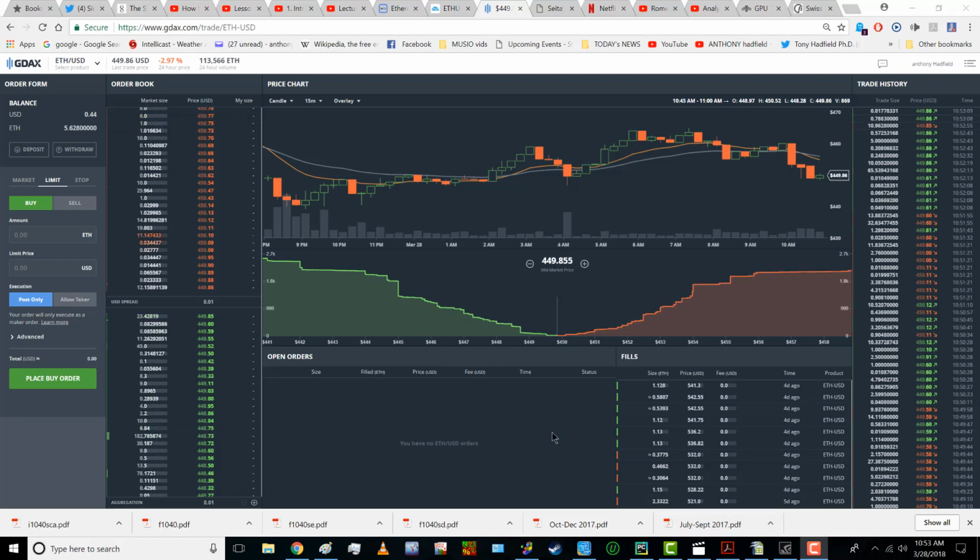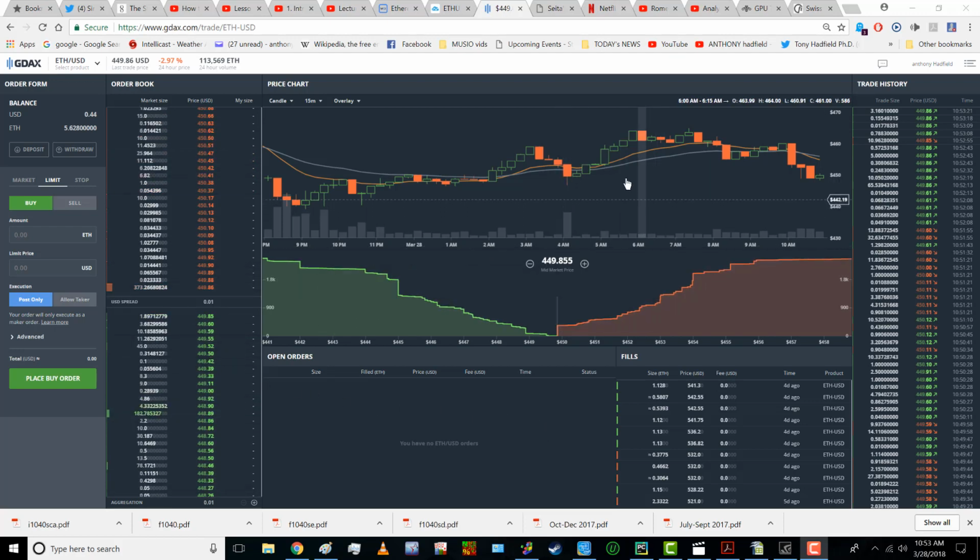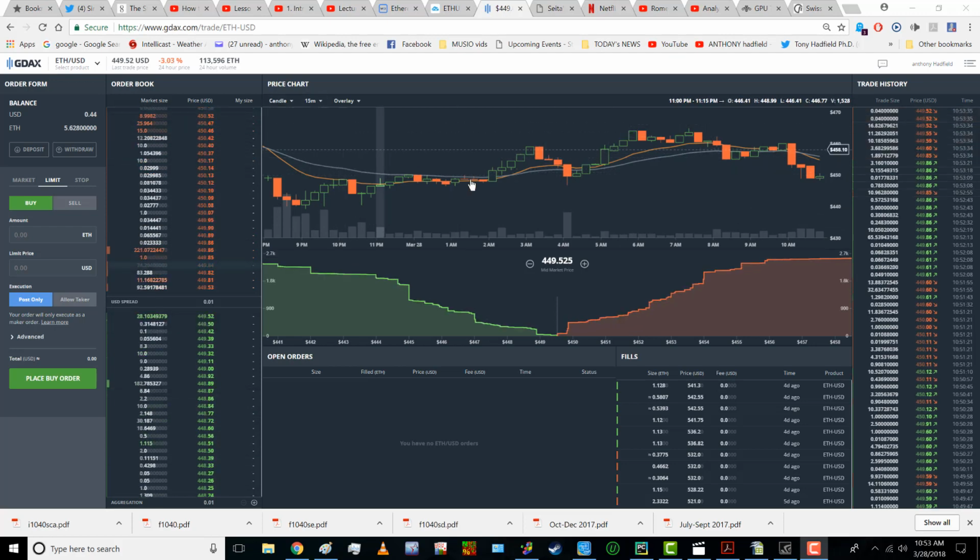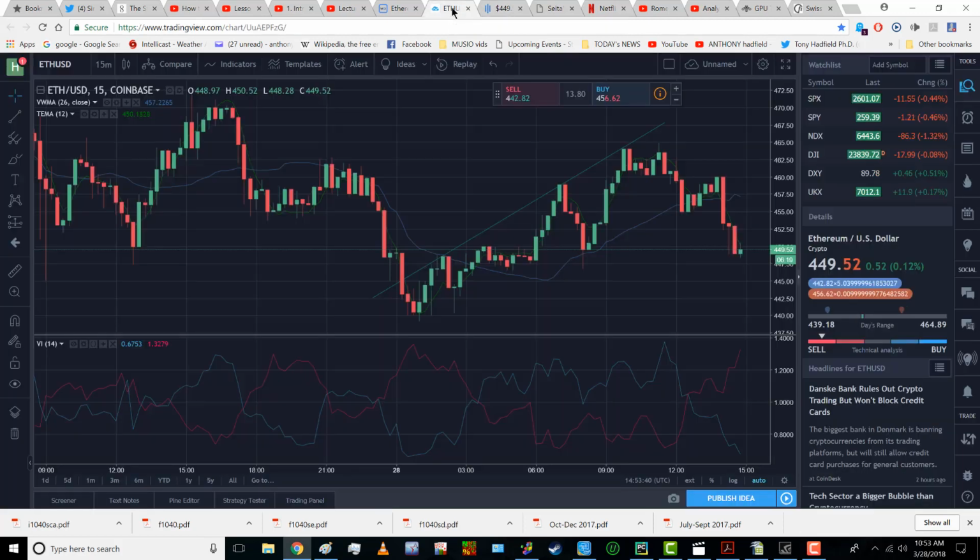So we are on GDAX, and I trade Ethereum on GDAX. I don't have any money at the moment. I'll be getting some money put in shortly, and we're following the trend of the market. Had a little upside, had a little downside. You can follow the volume blocks here and the resistance support from where they are here, and variously change these timelines. But what is useful is to also have